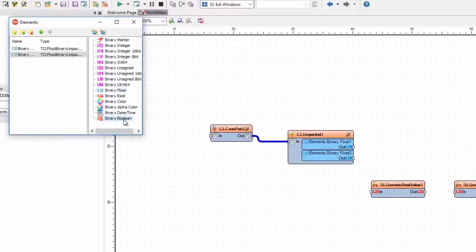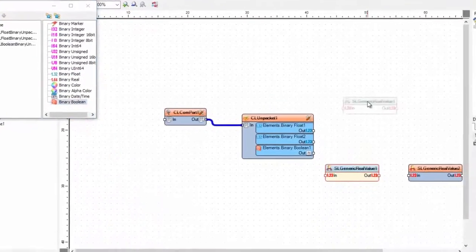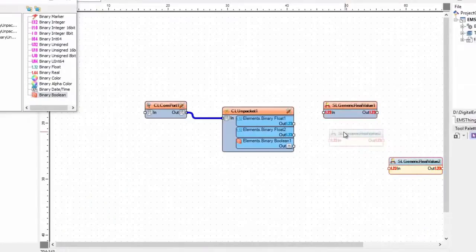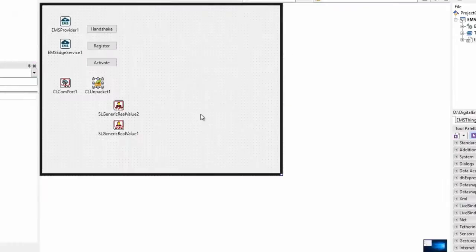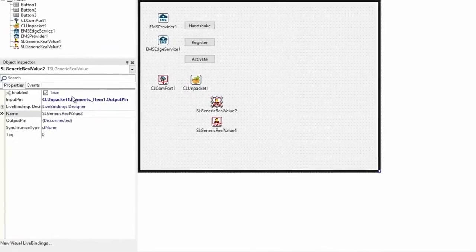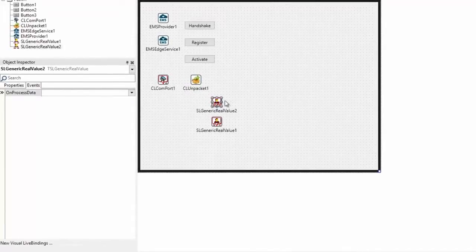And there's the binary boolean coming from the joystick button as well. We're not using it in this application, but we need to make sure that it's in there. And then I'm going to go ahead and bind up the float to the real, so they're bound. And then if we switch back to the designer, we can come in and set the on-process data event for